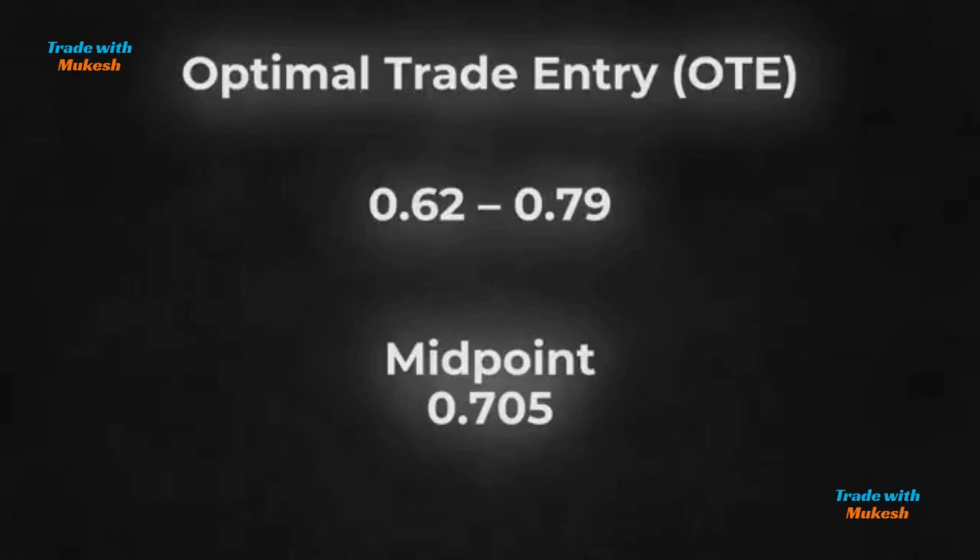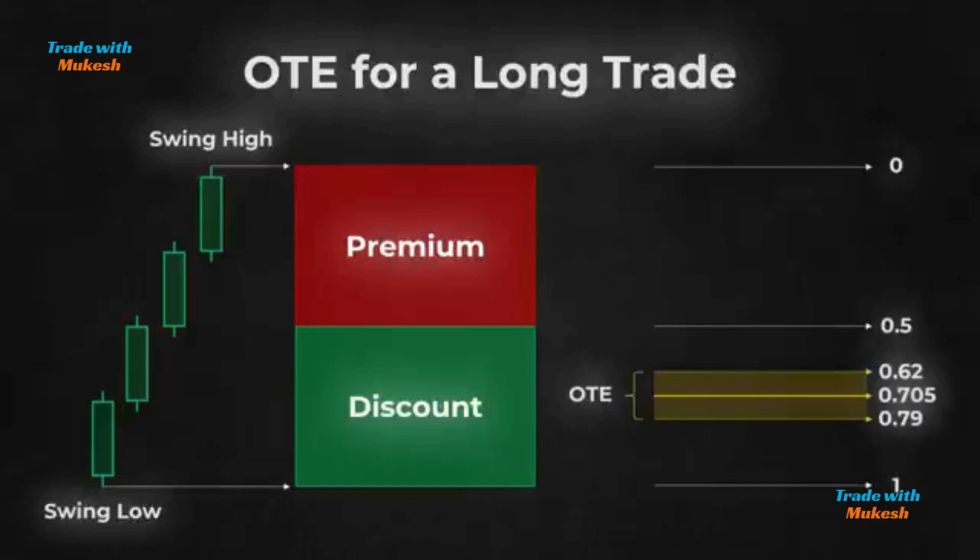In this illustration, you can see the OTE for a long trade. Notice how the zone falls into the discount zone. It's important to observe how price action reacts to the three levels of this zone, especially the midpoint at 0.705